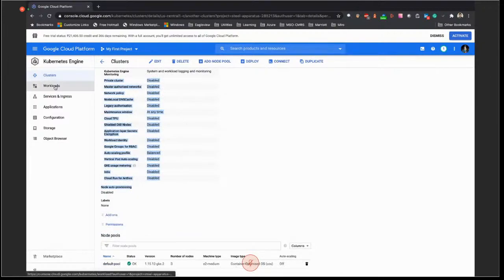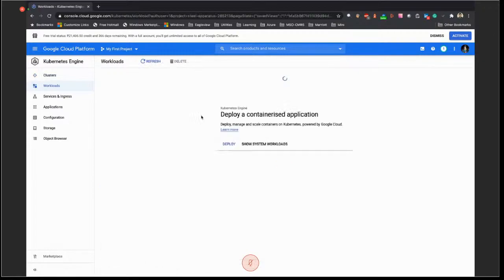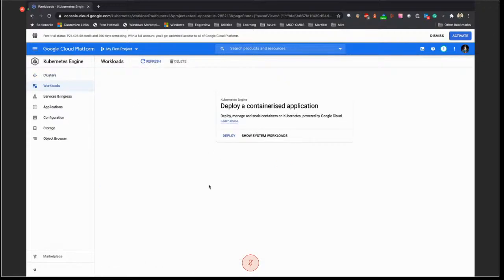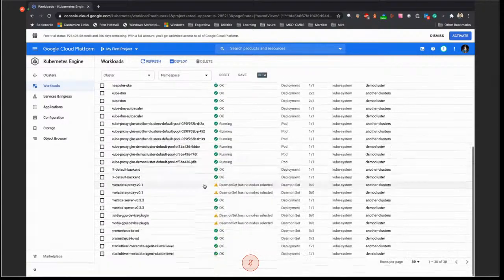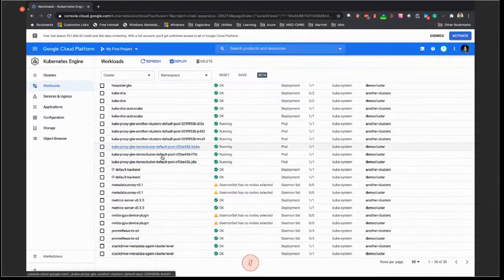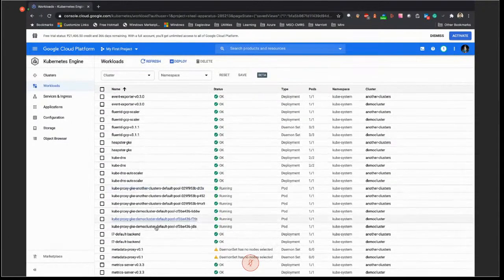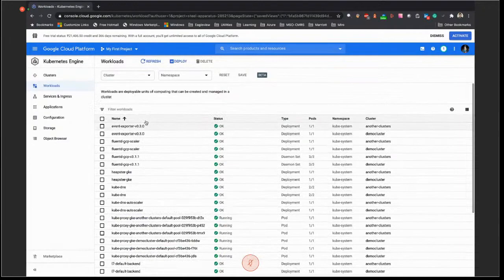If we go back to the workloads, right now we haven't deployed anything, but from a Kubernetes perspective there are already multiple items deployed here: metric servers, GPU devices and Prometheus. The metric servers do the data collection part, NVIDIA and GPU device plugins do the GPU part of it, kube proxies and heapsters and all of these.